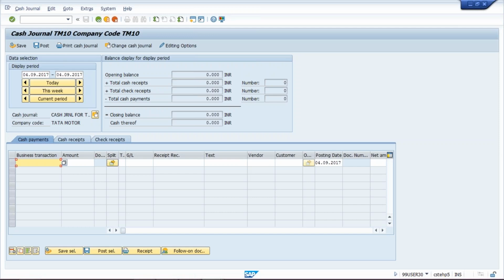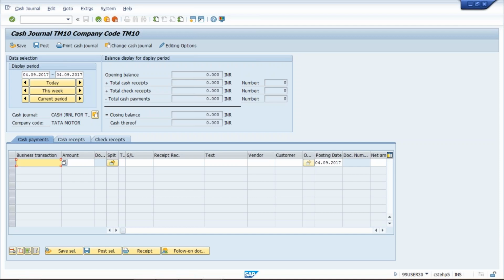Now if you are going to purchase something, let's suppose stationery, purchase of stationery means cash purchase. In order to purchase, first of all we should have a certain amount in our petty cash GL, in the sense in the pocket of that accountant. So the first transaction that takes place is cash withdrawal. First of all, the accountant is going to withdraw a certain amount and only then the transaction takes place. Let's suppose the accountant is planning to withdraw 10,000 rupees.